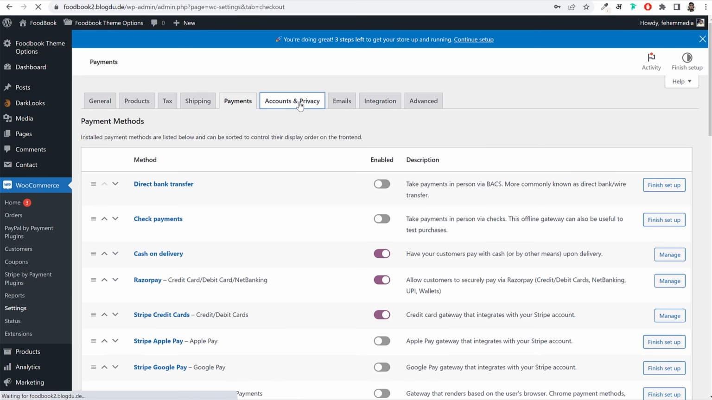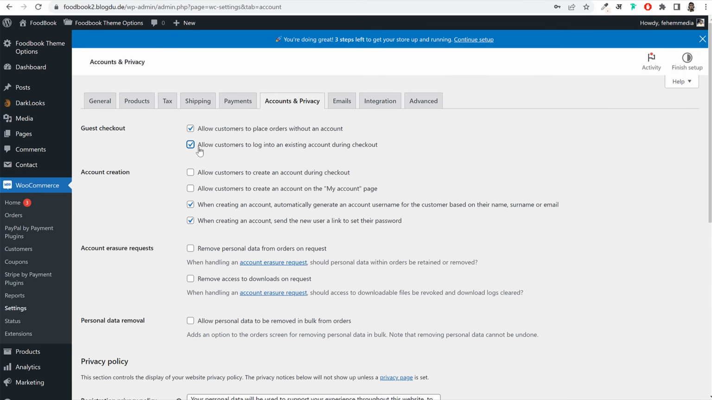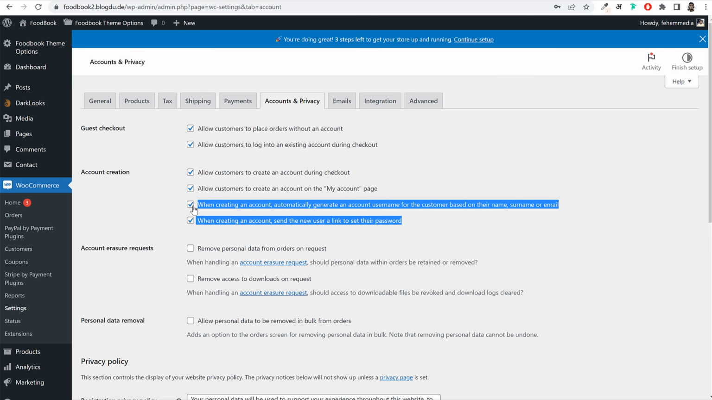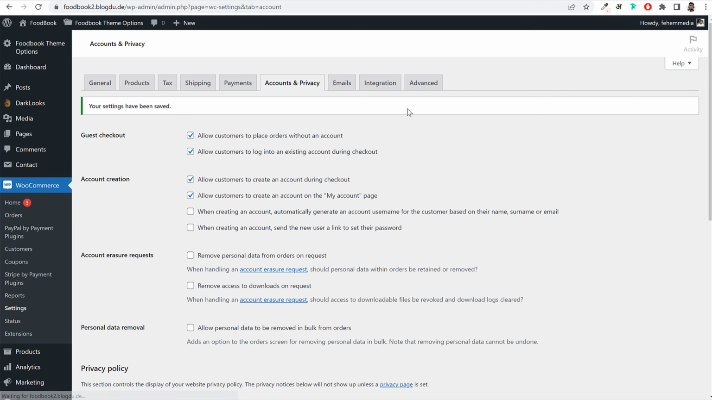Now click on accounts and privacy. And over here, tick mark these things. Allow customers to log into an existing account during checkout. Allow customers to create an account during checkout, and also tick mark allow customers to create an account on the My Account page. Then untick these bottom two things. Okay, so just untick the bottom two and top four should be tick mark, and after that click on save changes. Now go to advanced,